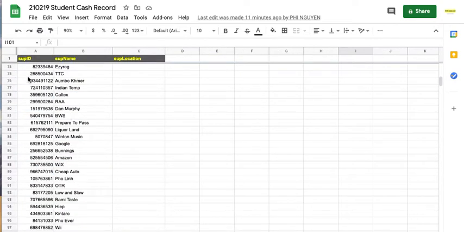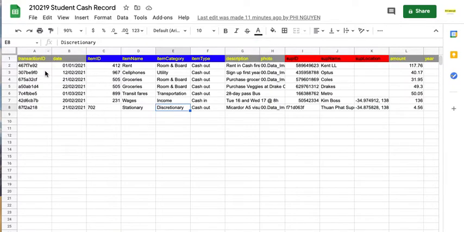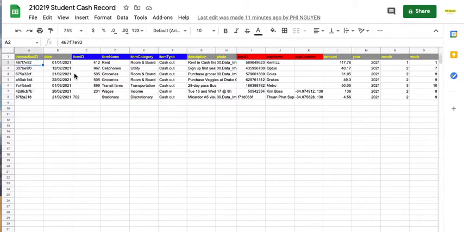So I have another sheet like the supplier. We basically get supplier ID, supplier name, supplier location. In the past, I don't use the location, but you will know it's gonna come in handy later on, and it's a very cool feature, and you should include it. And basically you will have a sheet like this to record all your transactions, like